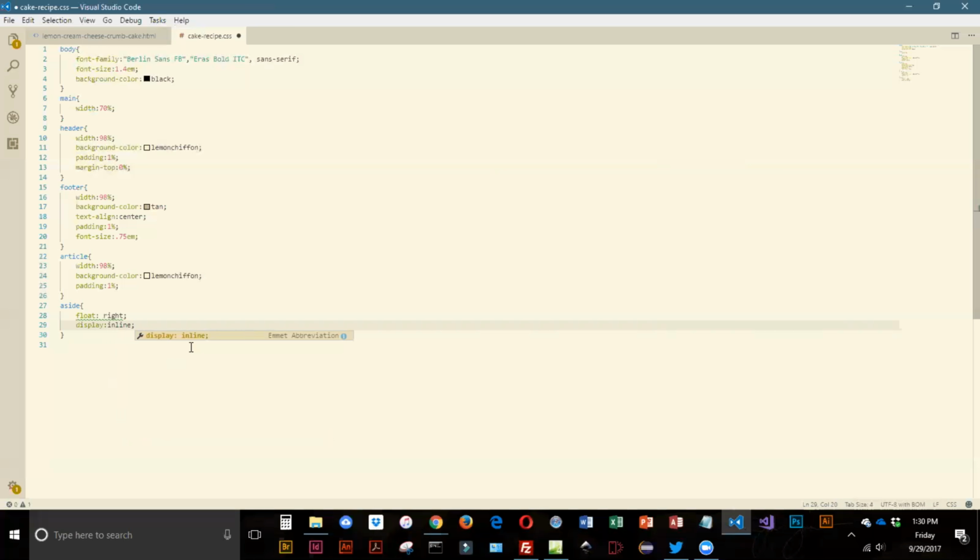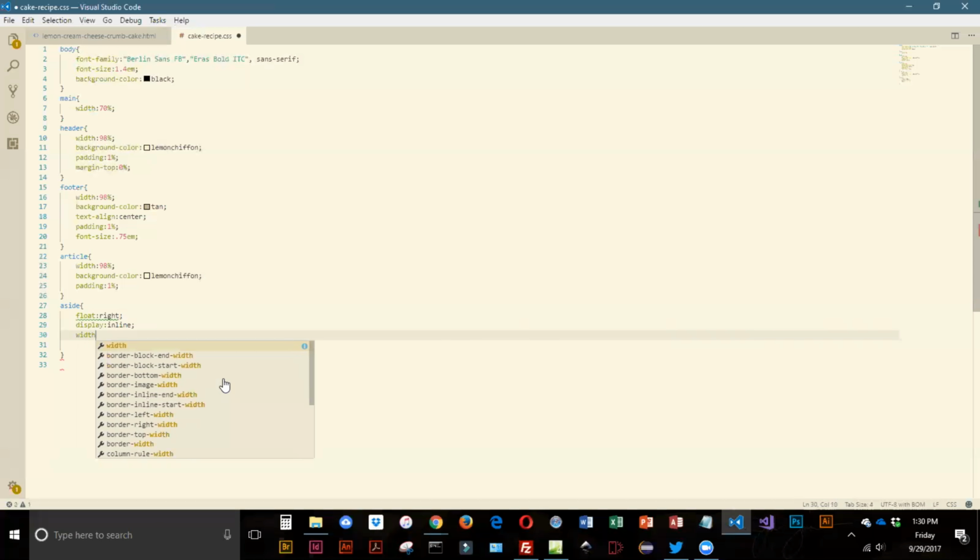In this case, because we have float right, the content is going to display to the left. Oh, I think I got two colons there. Okay, so we got display inline, float right,